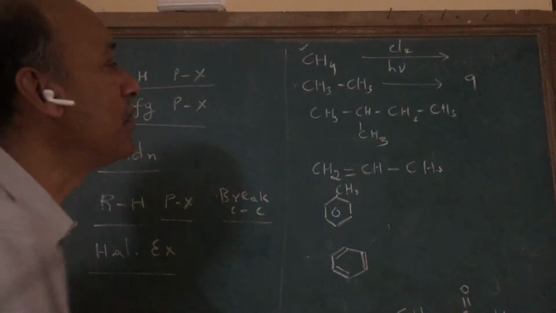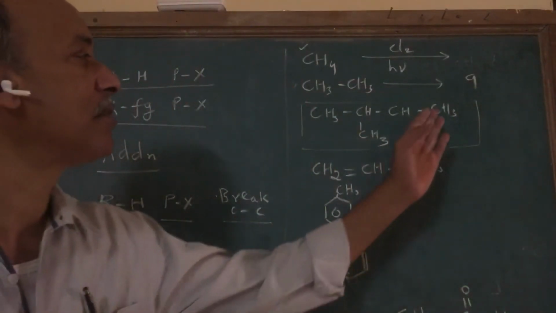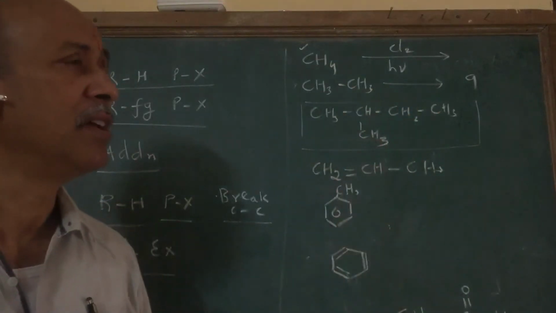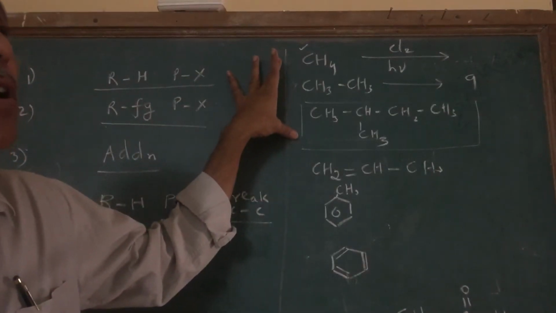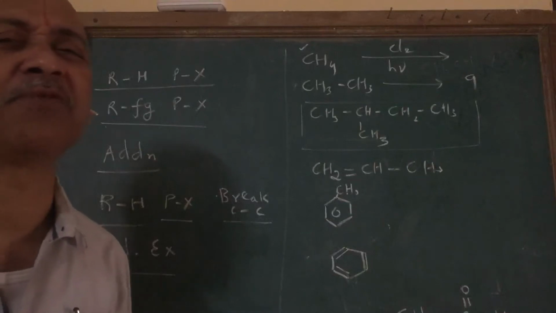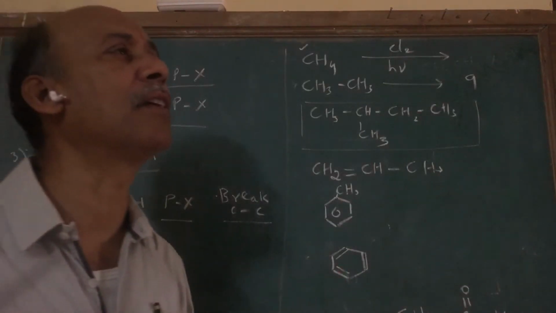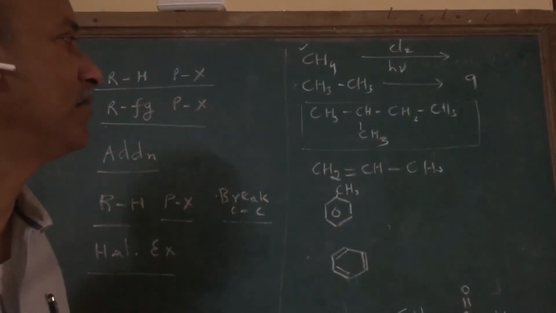But the story is much more complicated if your alkane has different types of hydrogens like primary hydrogen, secondary hydrogen, tertiary hydrogen, etc. Since in this photochemical halogenation reaction you are getting so many products, it is very difficult to separate them. Normally, to prepare a particular alkyl aryl halide, we don't go with this method.